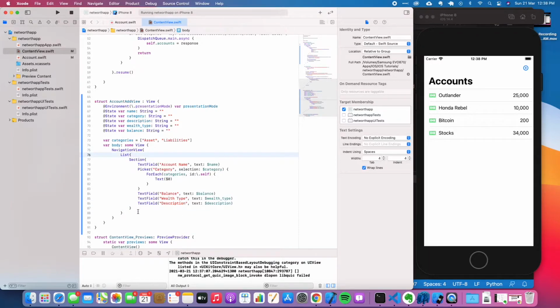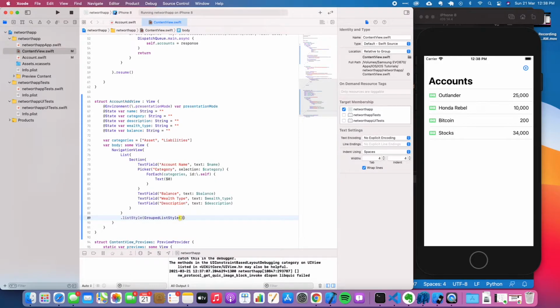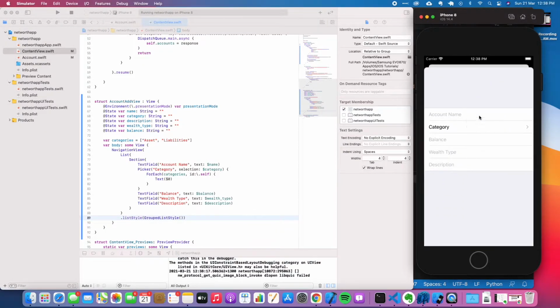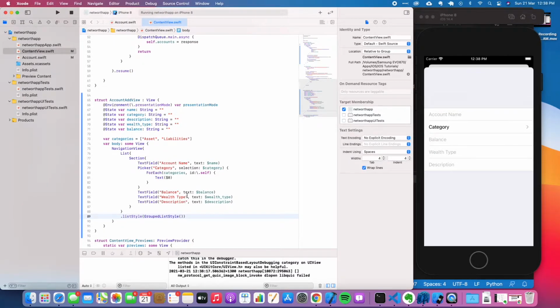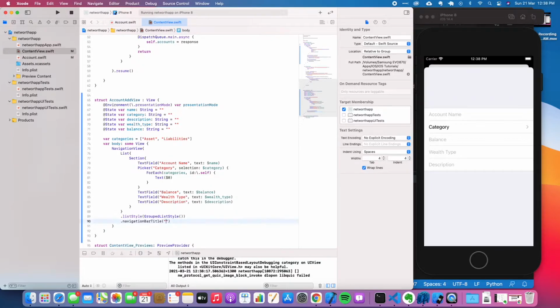And I want to do something with this list. I want to create a list style as well for it. So list style, I'm going to say group list style. I do that, and our form is looking a bit better. And then let's add some navigation items on it. So let's navigation bar title, call it add account,